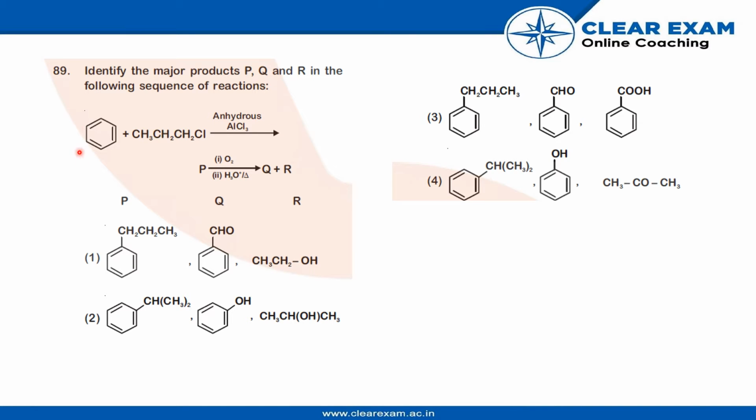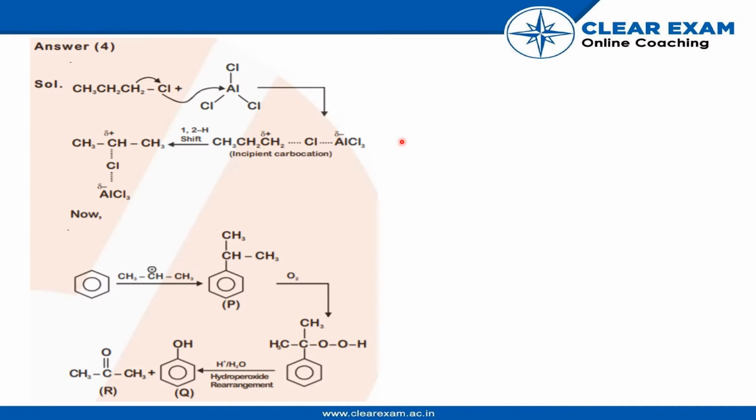Now from the basic gist of the reaction, we know that this is Friedel-Crafts alkylation. So it can be further written as CH3CH2CH2Cl plus benzene, and it goes on alkylation to form this product. Now the basic reaction here is this: